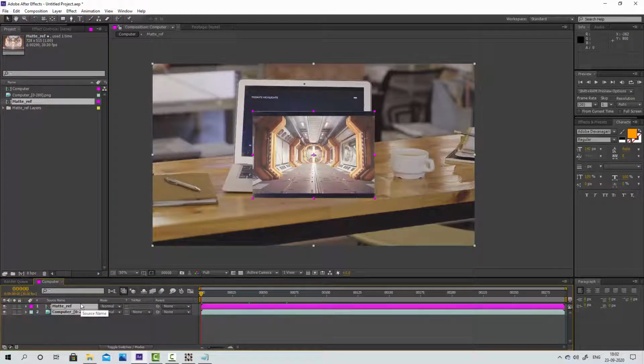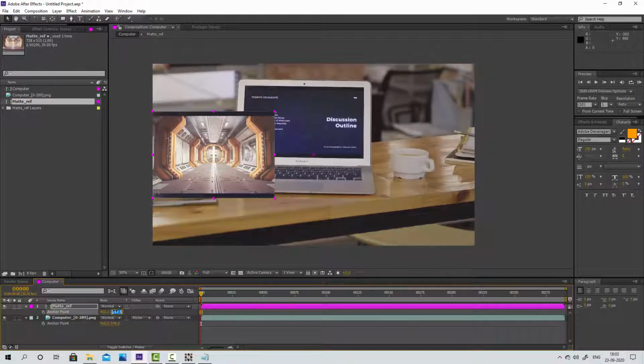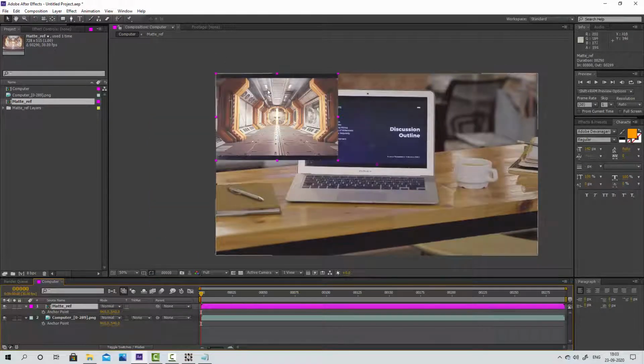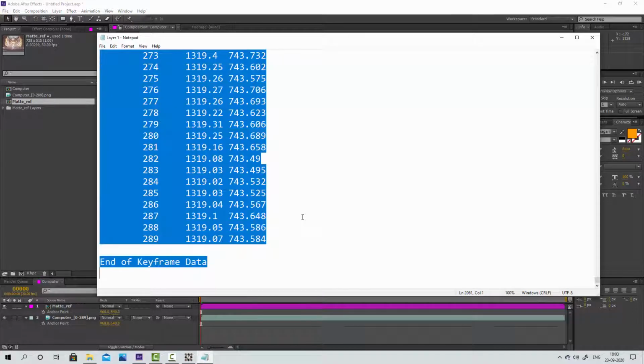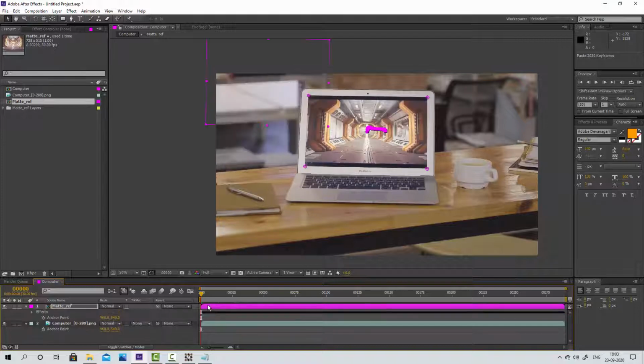Select both layers and press A for anchor point and match the anchor position according to the sequence layer. Copy the tracking data from the notepad file and paste it over the matte reference layer. Make sure you are at the first frame.